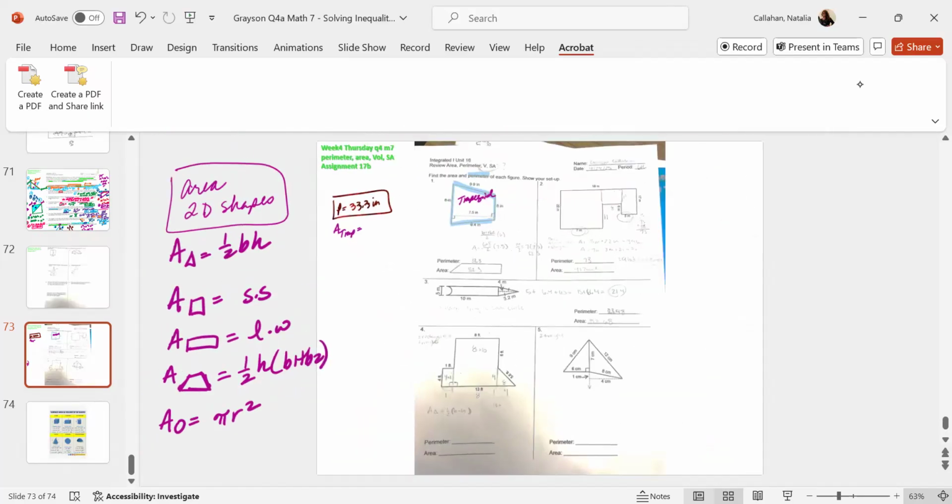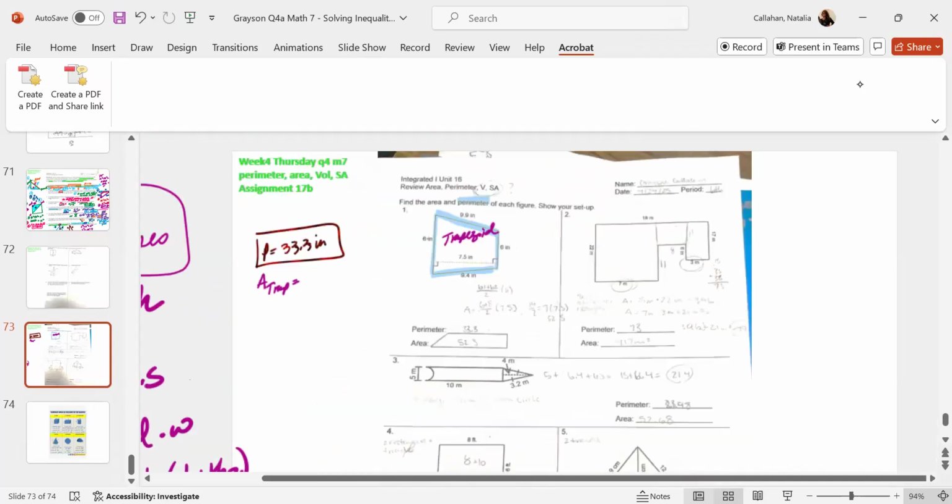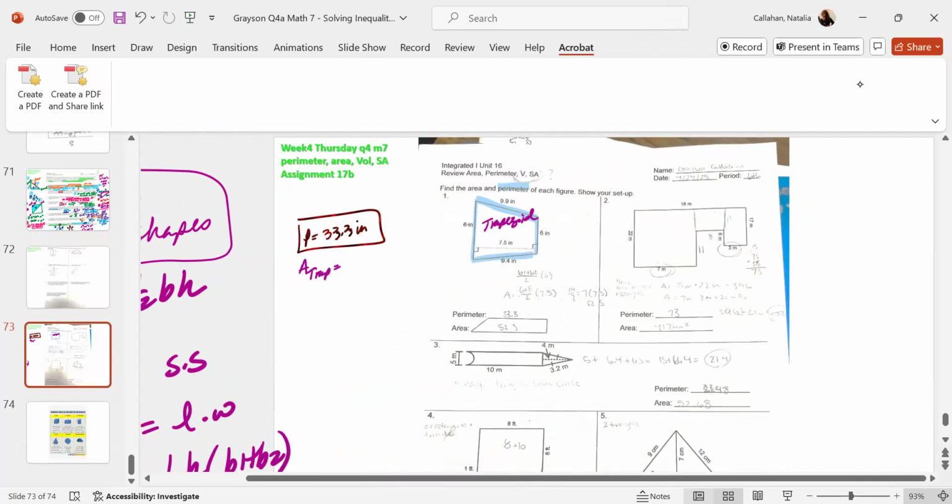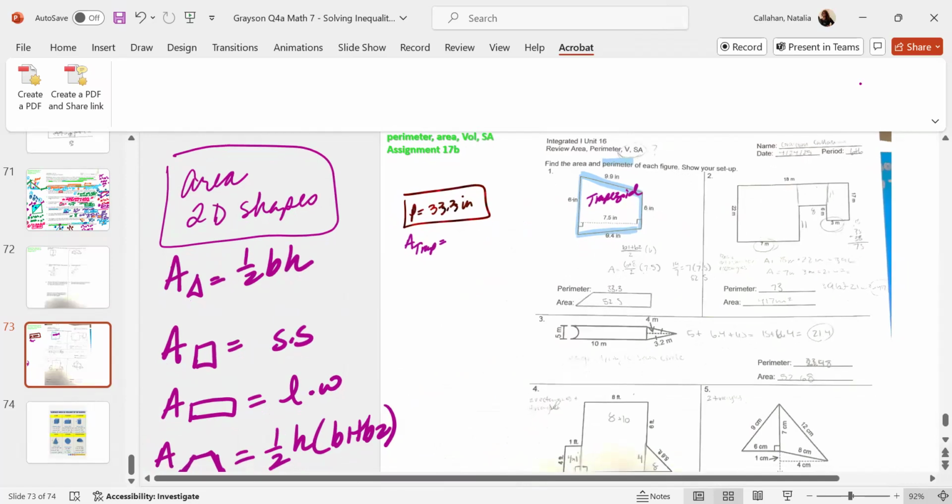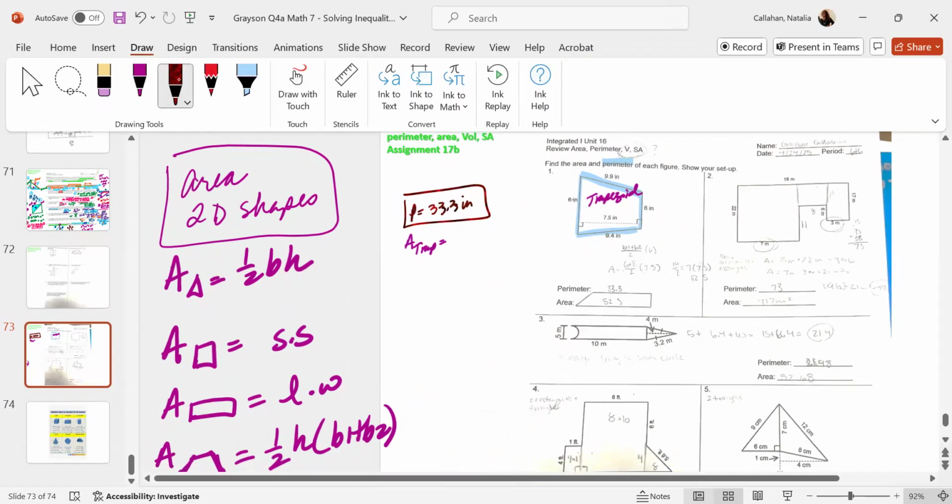Did you copy everything down? What's the formula for a trapezoid? 1/2 height times base 1 plus base 2. Okay. Which number is the height? No. And the reason it's no